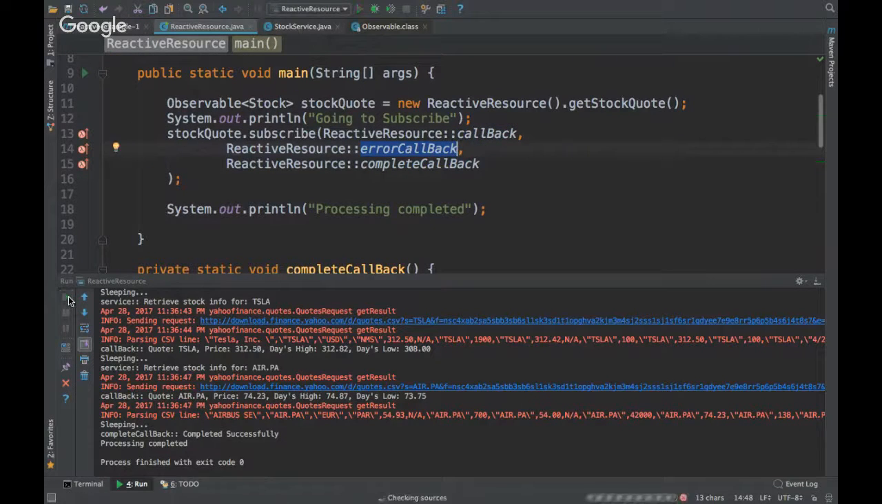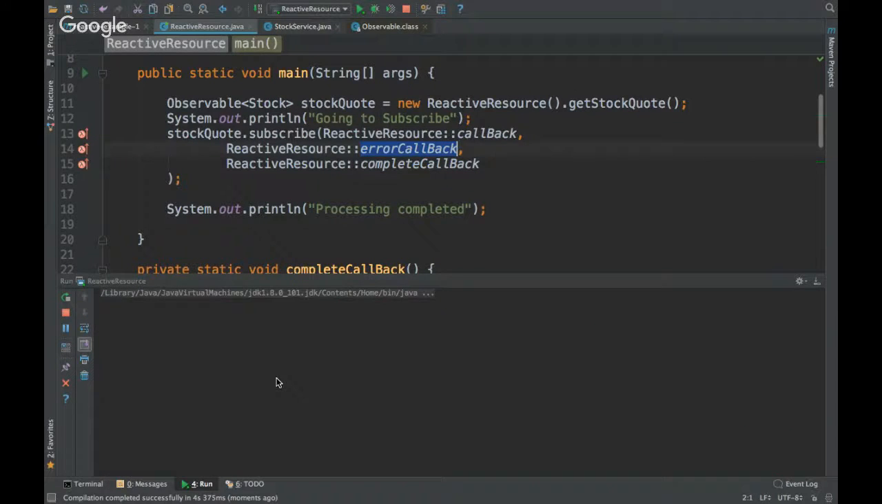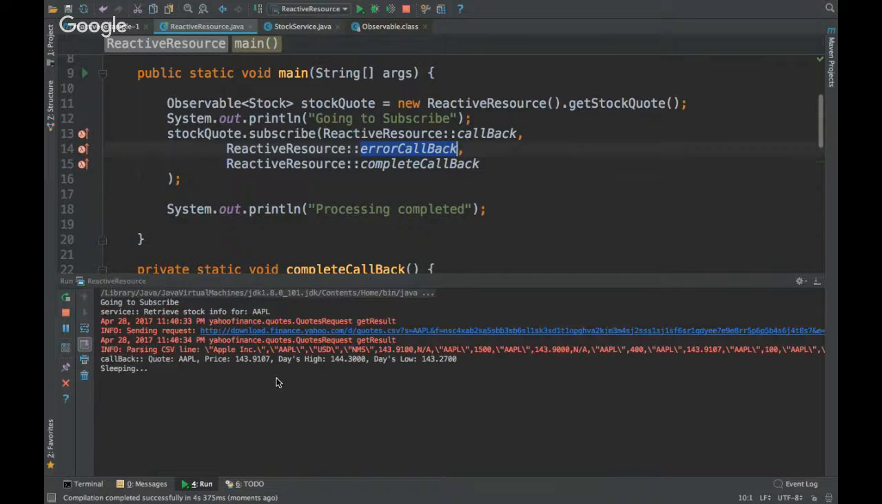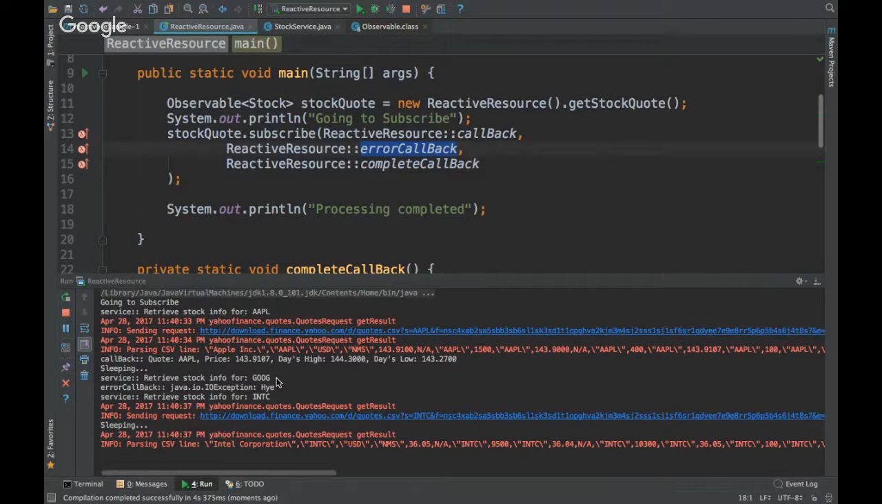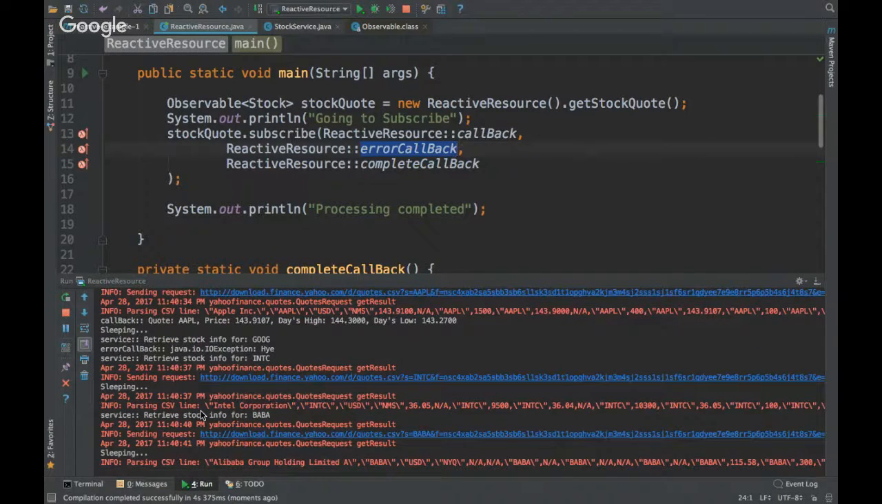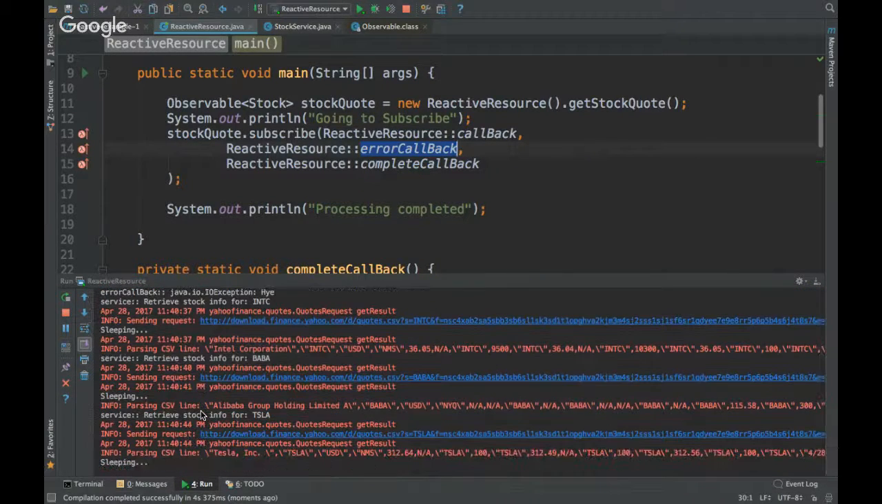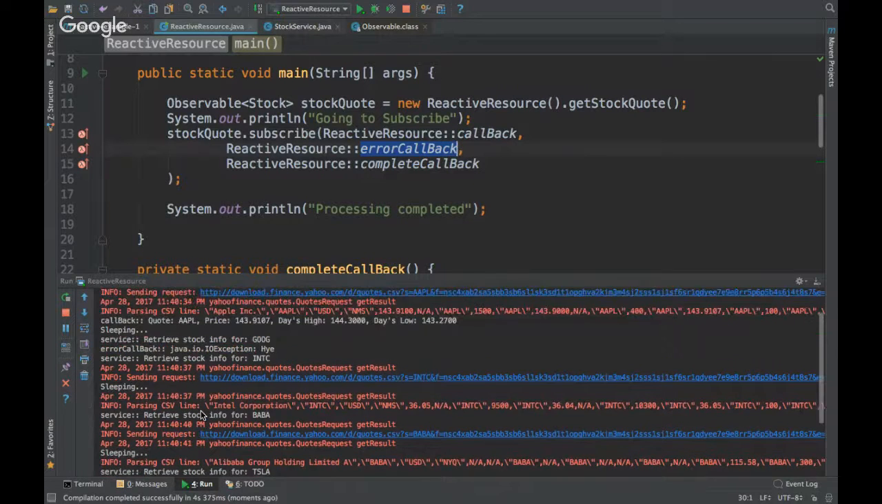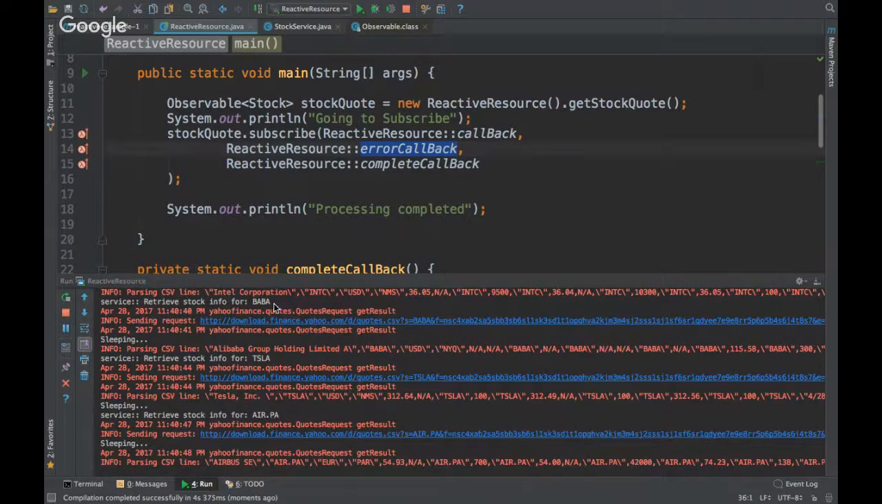So let me run this. We'll see that when the Google stock is hit, it will throw an exception. Another thing is, once we receive an exception, the processing can be terminated, or you can still proceed with the processing. So we should be able to identify that. So if you see here,